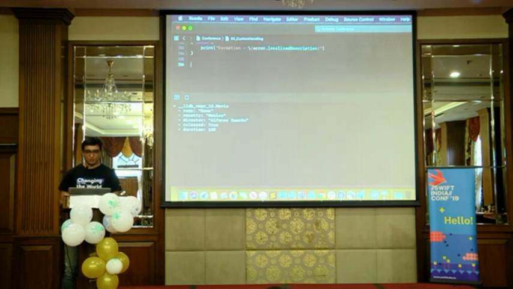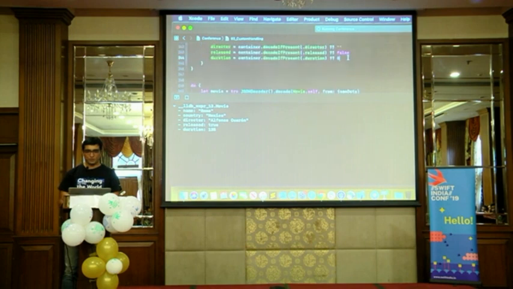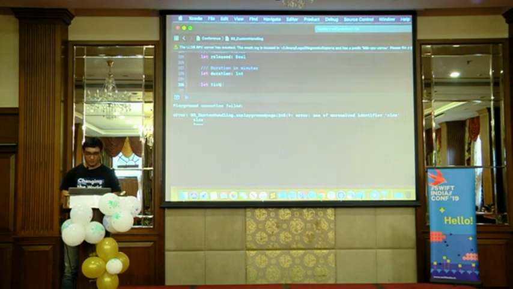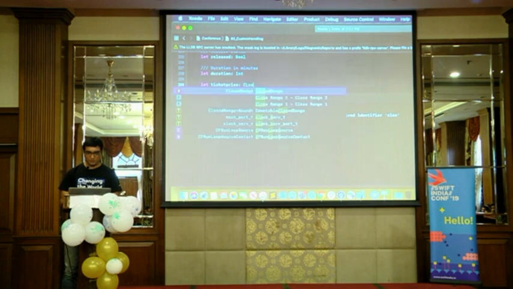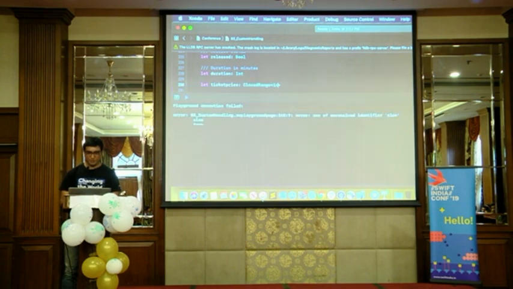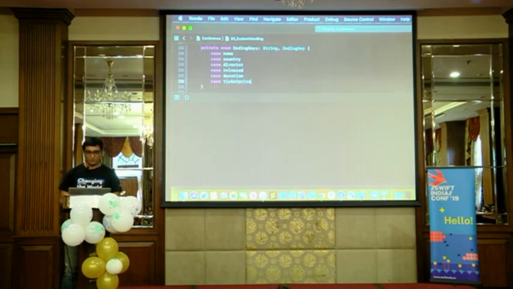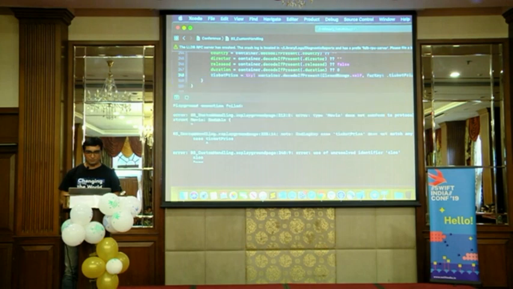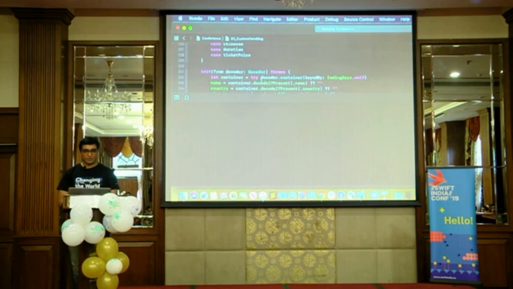And if you want to support this, you need not worry too much. Just store it here in the form of ticketPrice, a closed range of type integer, and we have our own key here which says ticketPrice and closed range. So if you use closed range,